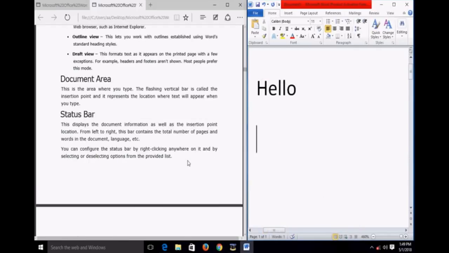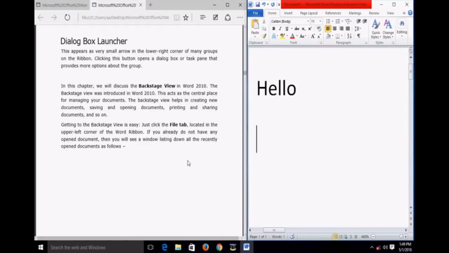So now you know the basics, and we go to the next. Dialog box launcher. This appears as a very small arrow in the lower right corner of groups on the ribbon. This button opens